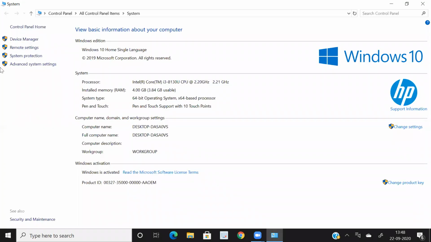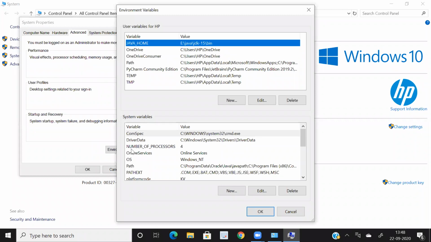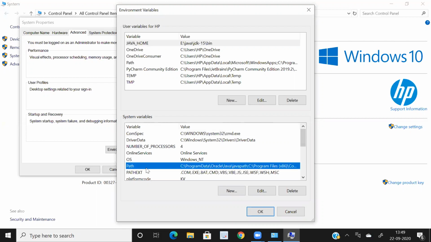As soon as I click on properties, a new dialog box opens with advanced system settings; click on it. Now I will get another dialog box where I will find the environment variables. So now I will click on it. My system will open another dialog box where I will find all the environment variables which have been set by our computer. Now in this lower area, I will find the path. This is my path variable. It is already set. Because it is already set, I can only edit it.